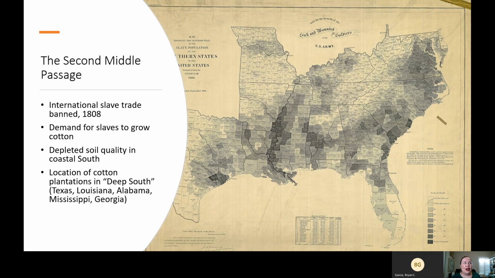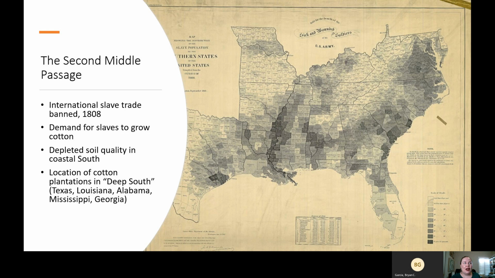There's also the fact that the United States moves to ban importation of slaves in 1808. So remember, the Constitution had that clause that the slave trade couldn't be banned for a certain number of years after the creation of the Constitution. As soon as that deadline hits, Congress moves to go ahead and ban importing slaves. Now, that doesn't mean there was no more importation of slaves, because people always smuggled supplies in, the grand old American tradition of smuggling. But you couldn't really legally import slaves anymore after 1808.